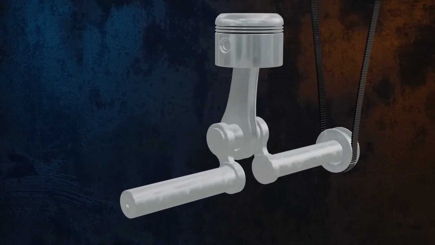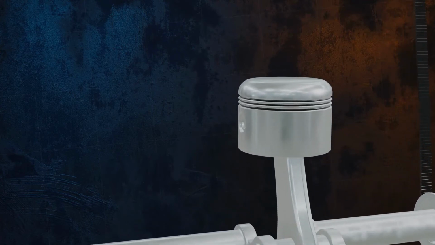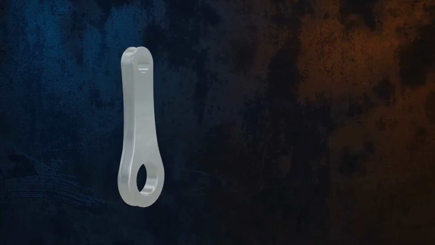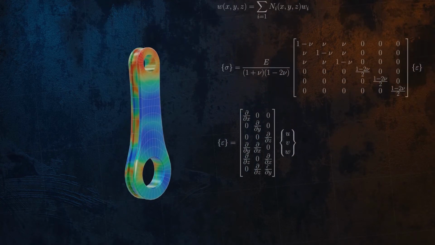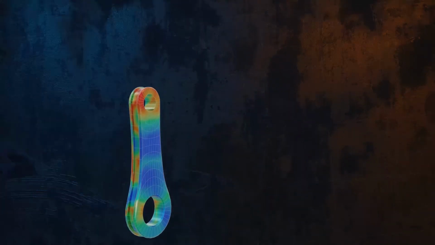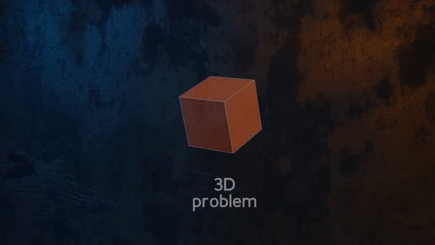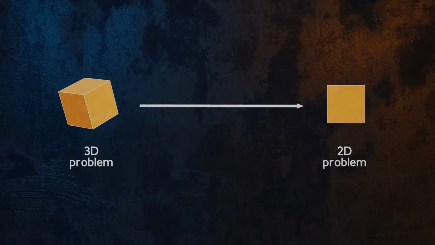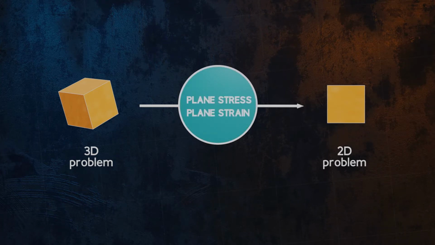Analyzing solid mechanics problems in 3 dimensions can be really hard work, and it can get very complicated very fast. Fortunately, in a lot of cases, there are simplifications we can use to reduce a 3-dimensional problem to a 2-dimensional one, making it much easier to solve. The 2 main simplifications which are frequently used in solid mechanics are the plane stress and the plane strain conditions.